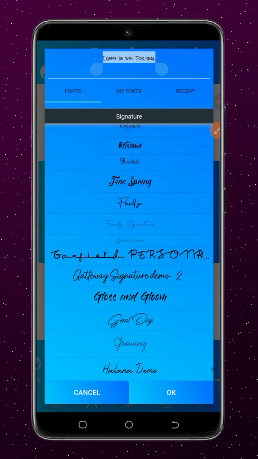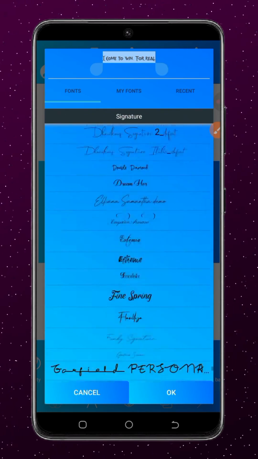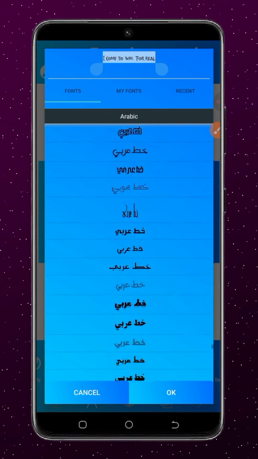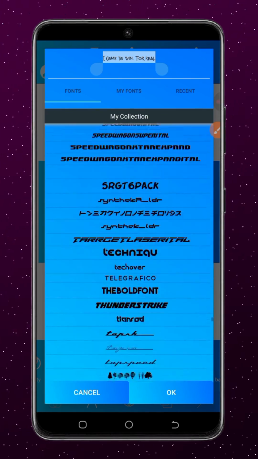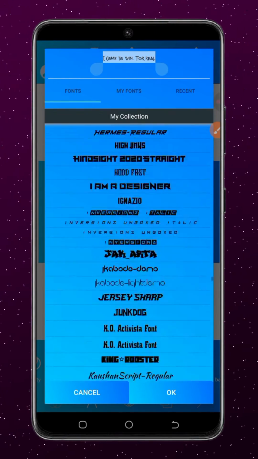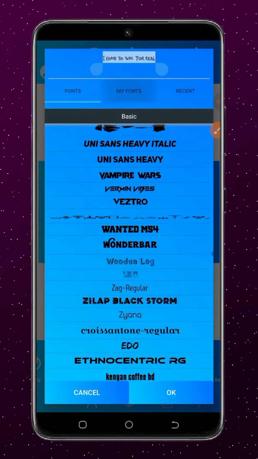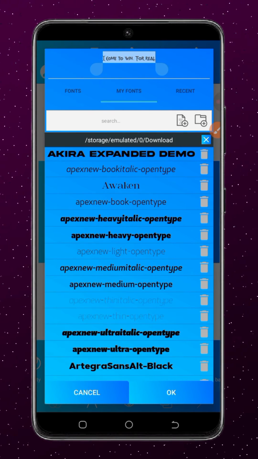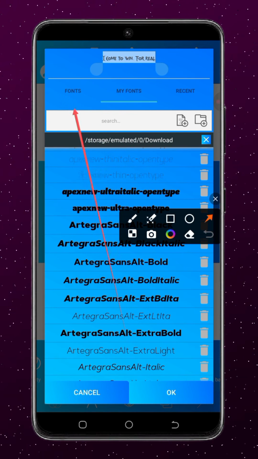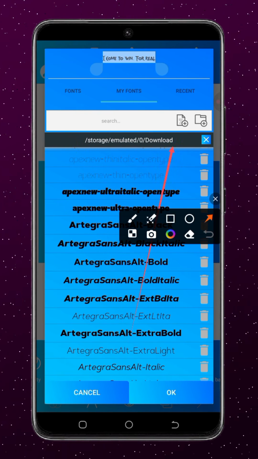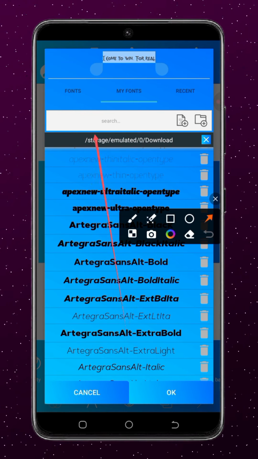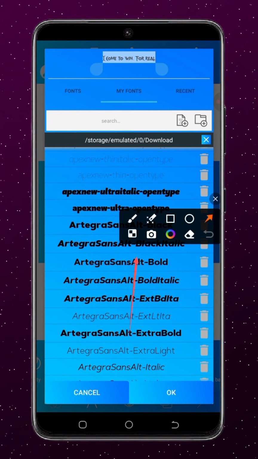I feel this is just okay. I'm seeing a pattern here related to an app and another version of this Pixellab, which is a total yellow one. This one is blue, that one is yellow, and I feel they have something in common the way I'm seeing it here. So this is my own font. In my own font, I'm given the privilege to search, but in the default font, I don't have that privilege. So I make use of my own font. You just import your font, and this one comes in handy because I don't always have every font I need here. There are always choices,